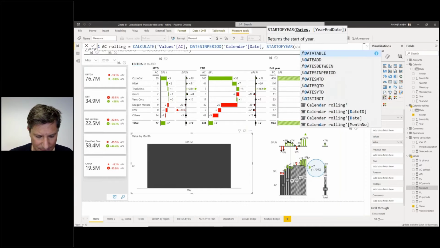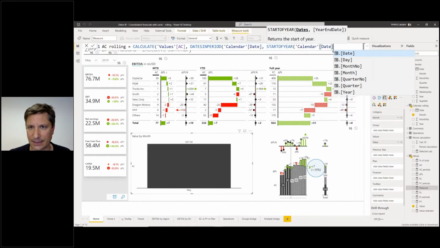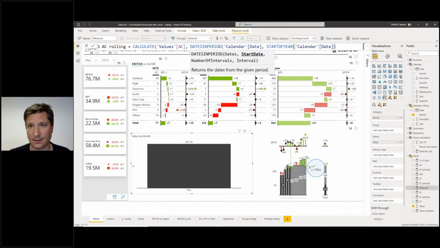And again, you refer to your date field here. So calendar date. All right, that was my second parameter now. And now you need to return the number of intervals. Okay, and now for the full year, that's 12 months. So I would use 12 to get all the 12 months, but I actually just need